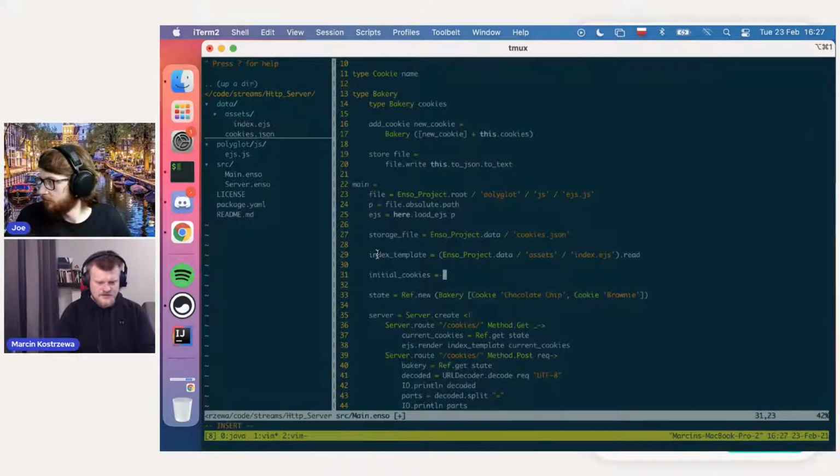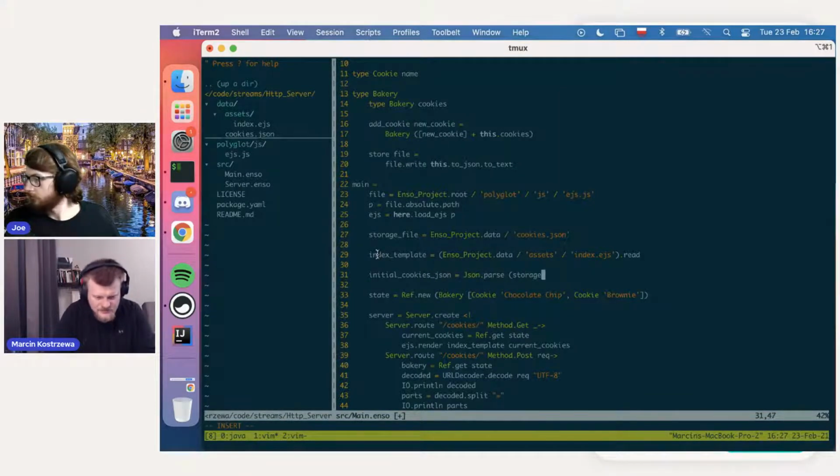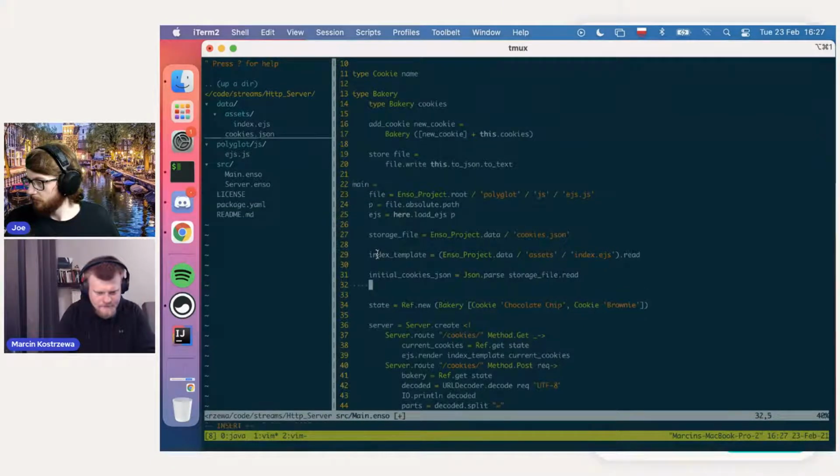Right, so we want to parse the JSON. JSON.parse storage initial cookies. This is going to be JSON. Initial cookies JSON is storage file.read, the parentheses. And now what we can do is we can use the into. So cookies. Well, how many O's go into a cookie? It's initial